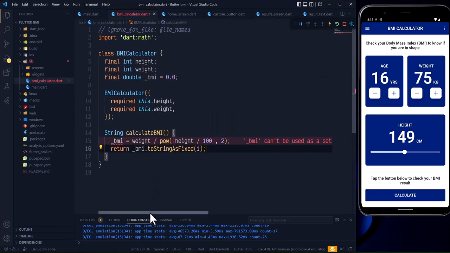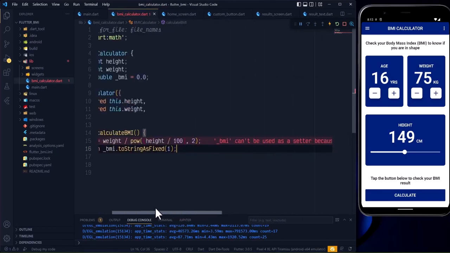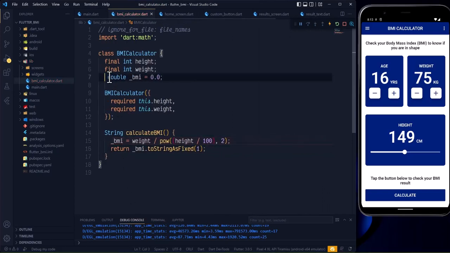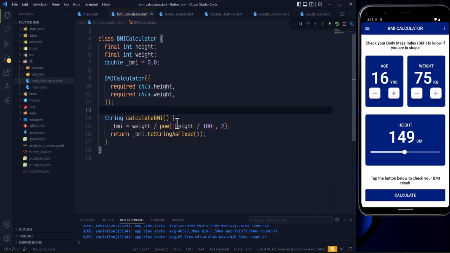And let me see, what is the complaint here? Okay, so I'm going to get rid of this final, and that should fix the problem. Okay, so not all complaints are usually good. So this is the formula that is going to calculate the BMI, but we still need to do a little